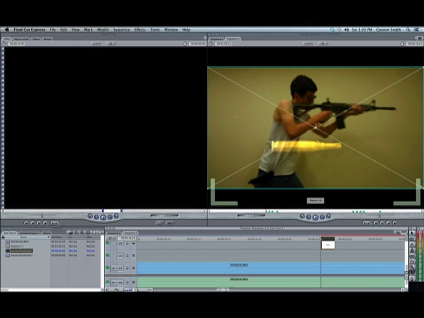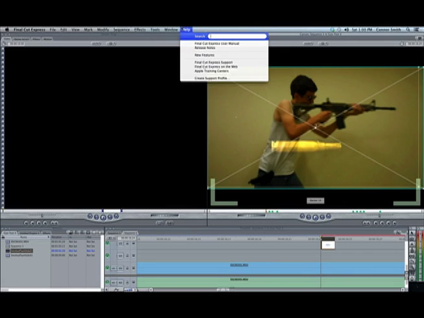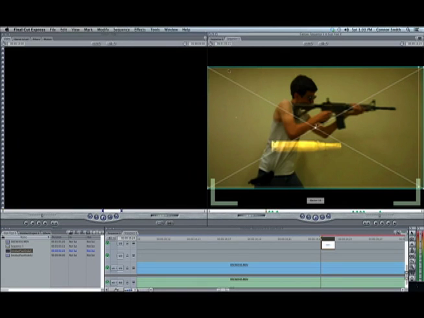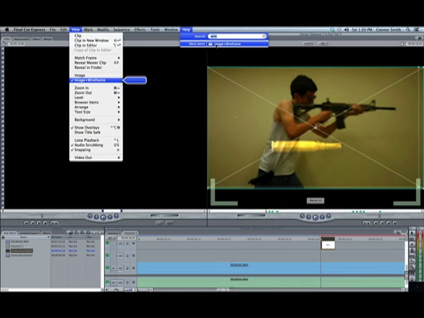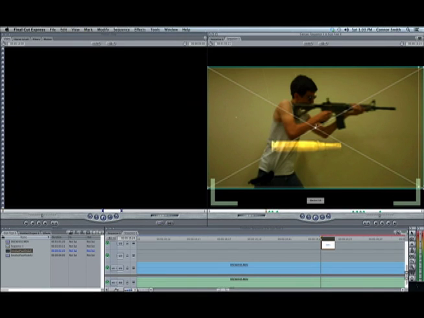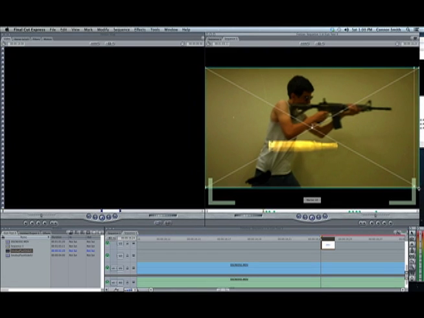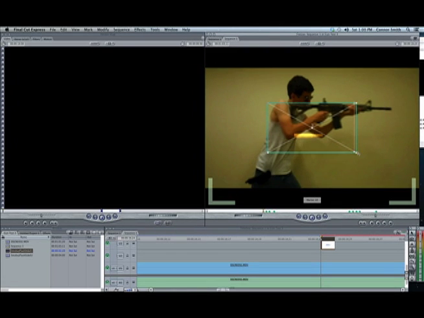Okay, so now I have my image underneath, and one thing you have to make sure you have turned on is wireframes. I already have it turned on, but if you don't have it turned on, it doesn't help you, so you just have to make sure that it's turned on. The wireframe is this box in blue with white lines going across it. Then you're going to shrink and rotate and do whatever you want to your image, because obviously I have a really big image of a gun shell, but I want to make it look like it fits into my rifle. And then maybe I want to rotate it a little bit so that when it ejects,